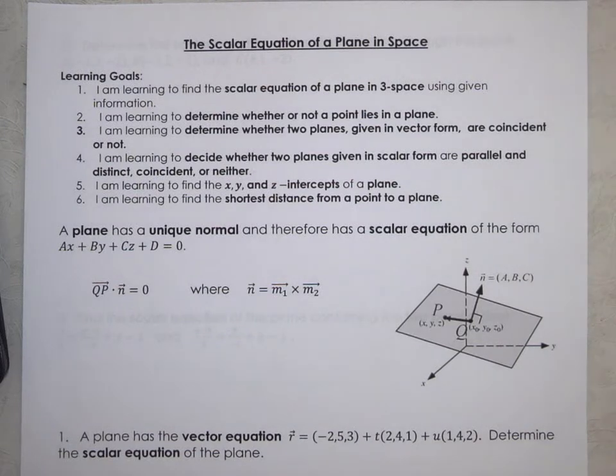This lesson is on the scalar equation of a plane. Our learning goals are to find the scalar equation of a plane in 3 space using given information, determining whether or not a point lies in a plane, learning to determine whether 2 planes given in vector form are coincident or not. We're learning to decide whether 2 planes given in scalar form are parallel and distinct, coincident, or neither,